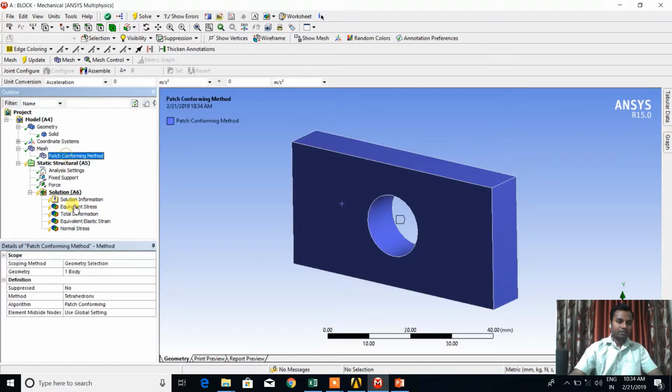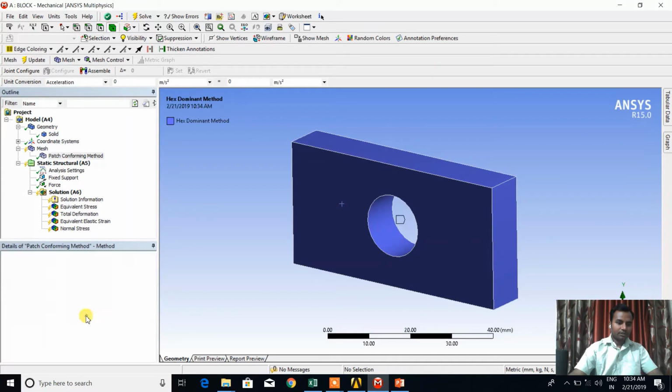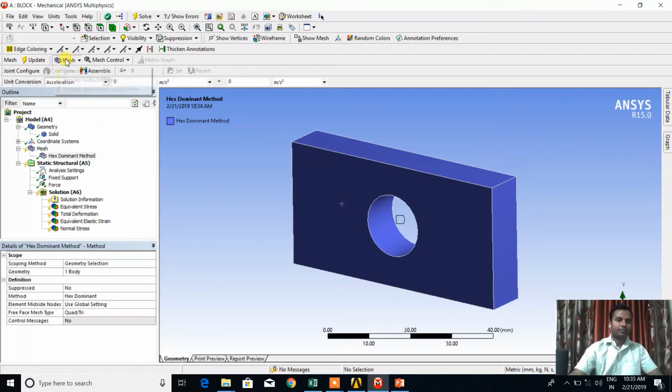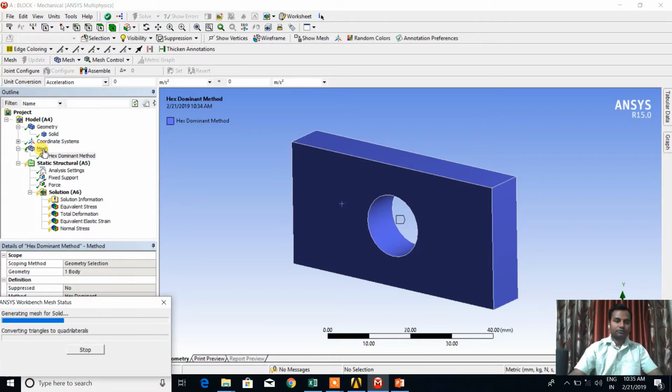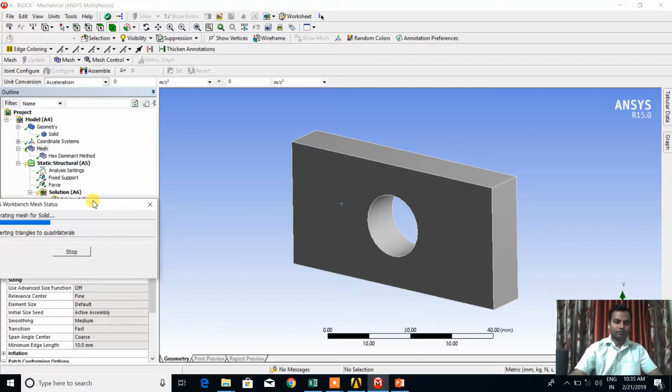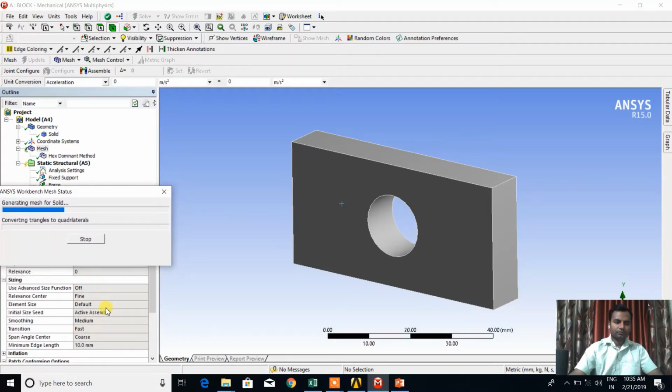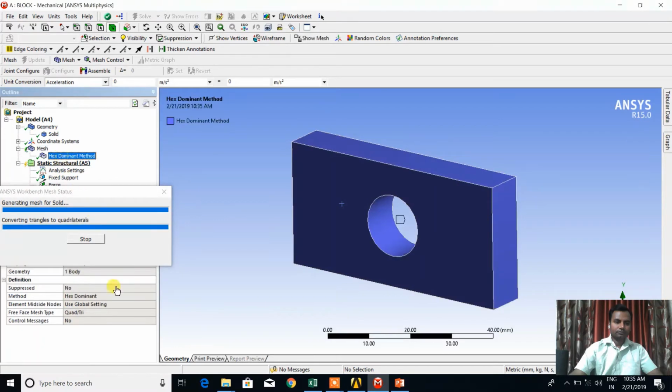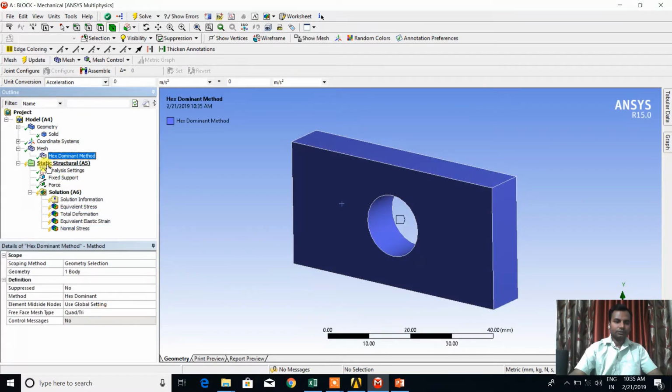Likewise, you can change the method. Instead of tetrahedrons, now you can take hex dominant. Hex dominant is nothing but the hexahedral element. Okay, completed.